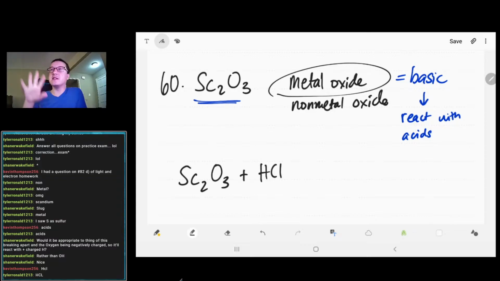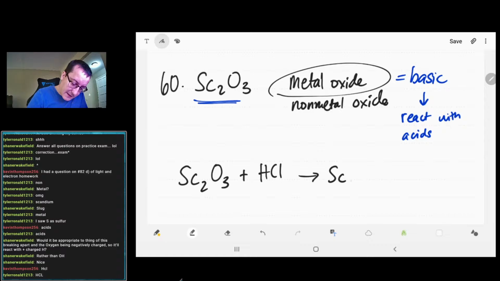So anytime you see these sort of conceptual problems where it's like, predict this, blah, blah, blah, it's always good to kind of just fake it by putting in real compounds. We're going to see that's definitely going to be the case for the gas laws as well when we get there. Okay, so